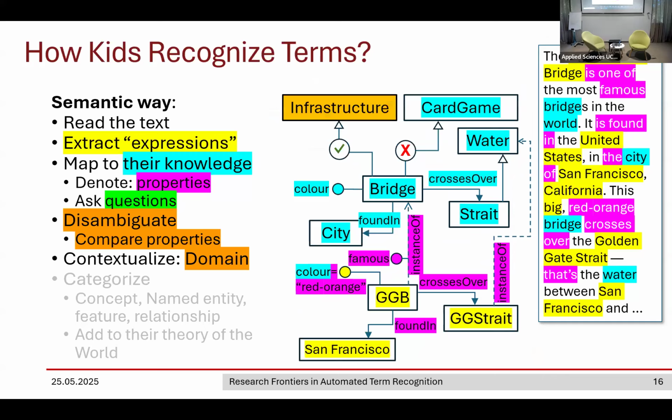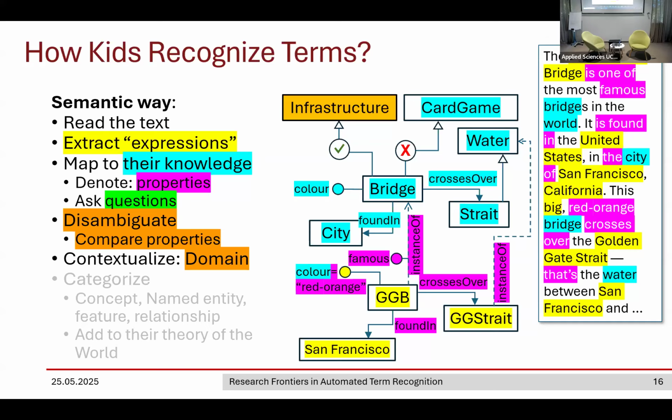Further, they try to disambiguate things if there is a possibility to see them as ambiguous. For example, a bridge could be a part of an infrastructure or a card game. So they have to decide. Can you guess how they decide? They do. I mean, at their age, 50 years ago, we didn't know, but now they do. Yeah. Context.